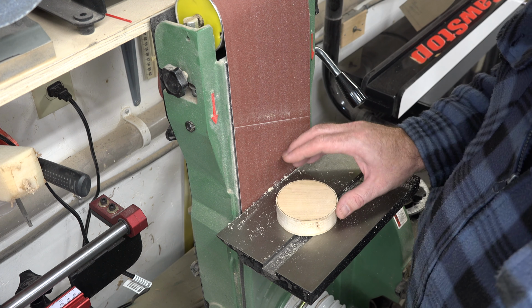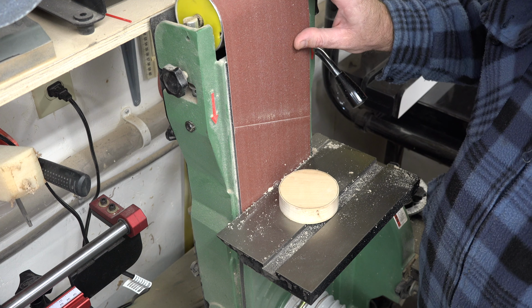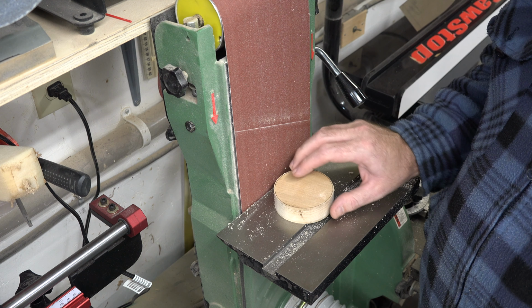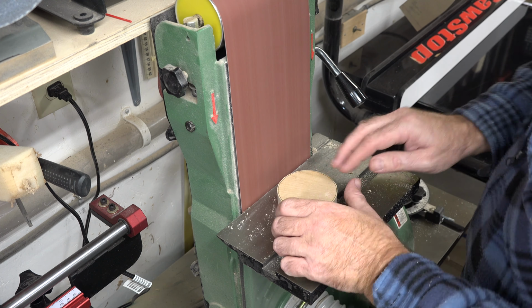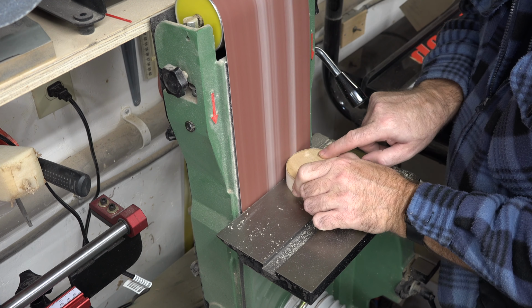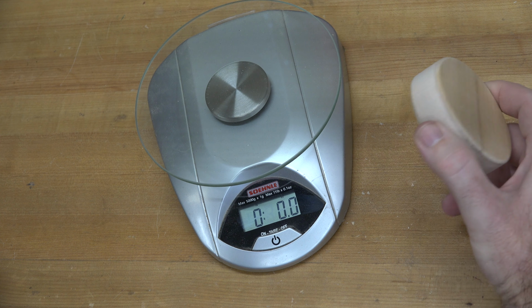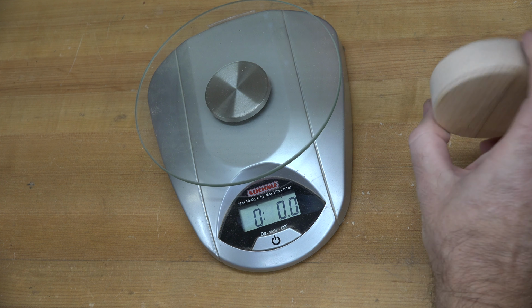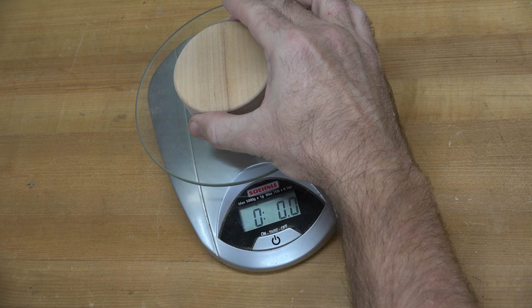Well, with this piece I cut just outside the lines, and I'm just going to use the belt sander to trim it up to the lines and get us a nice even circle. And there we have our finished weight. Now, it doesn't look like much. It really doesn't. But if we place it on the scale,